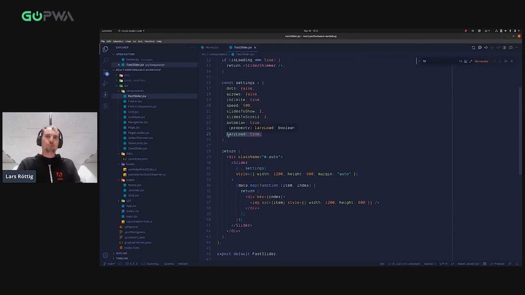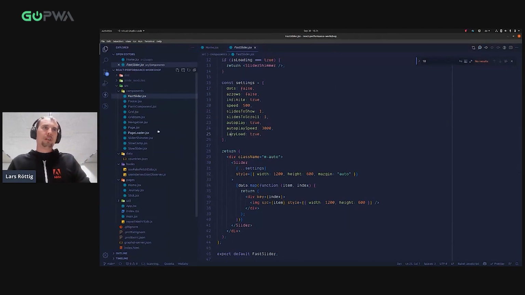So there are 2 ways to implement lazy load. There is an attribute called lazy load that you can add on the images. It works only in modern new browsers like Chrome, Firefox, etc. Or you can go this way with lazy load from JavaScript here, and you are fine.